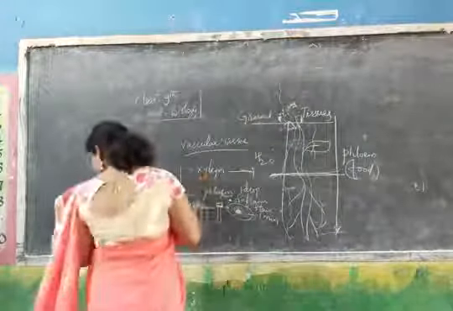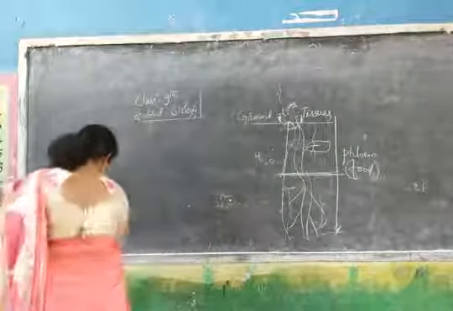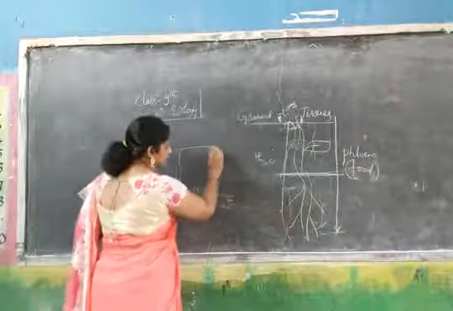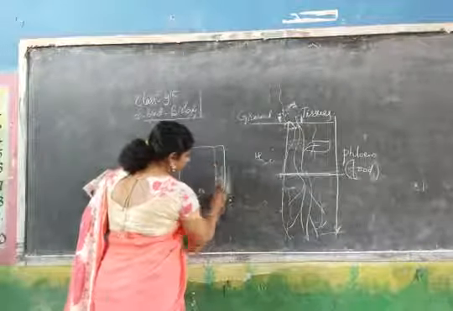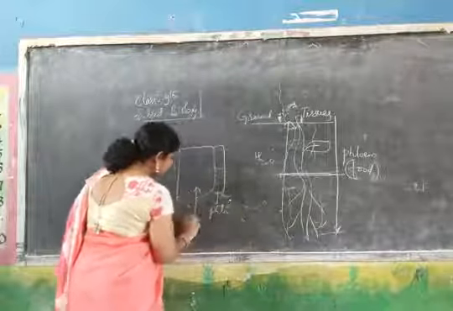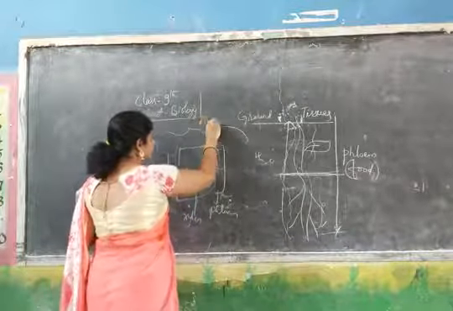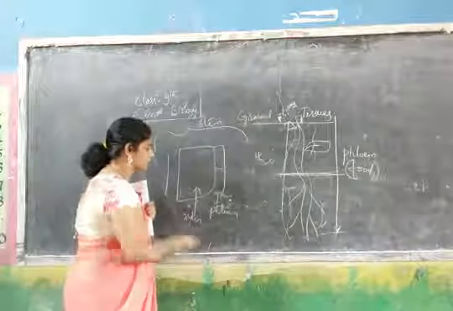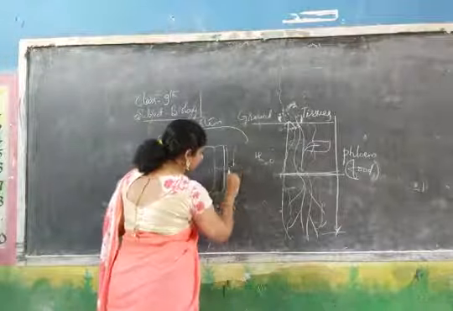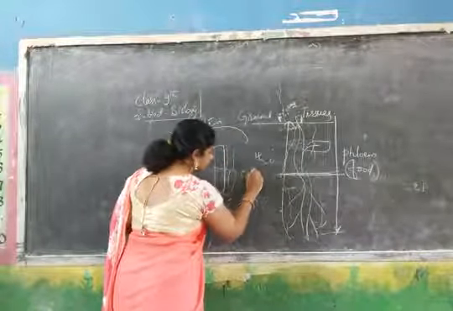See here, xylem. From here to here is the xylem cell. Beside this we have a phloem cell. What is this? Phloem tube. This is the xylem tube in the stem itself. This is a complete stem only. In a complete stem section or root section you can take xylem, phloem, and beside this we have companion cells, different cells compulsorily, other cells.